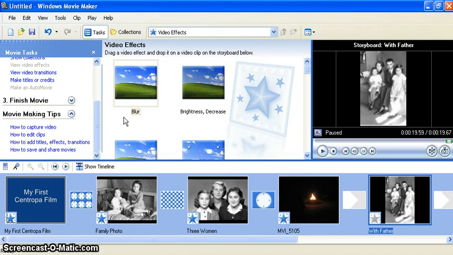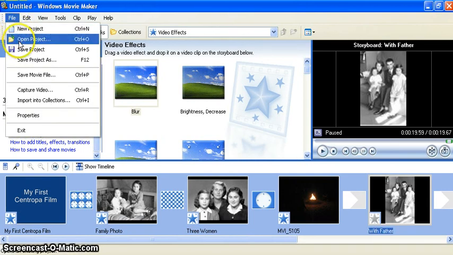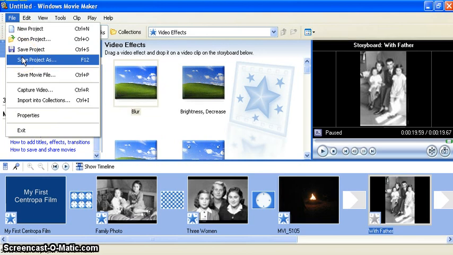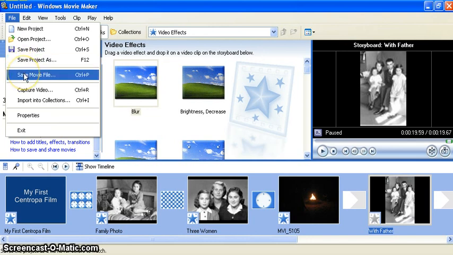Once I'm done, I simply need to save it and export it so that it can be put onto a CD or put on the web, or basically turned from a project file into a viewing file. So to export my project and to get it ready to be viewed, I'm going to go up to File, but I'm not going to save it or save as I would have in the past. All that's doing is saving my work and my progress thus far. It still leaves it as a raw project file. And that's not what I want. I want a file that's refined and changed and viewable. It's no longer editable. So I'm actually going to select Save Movie File,